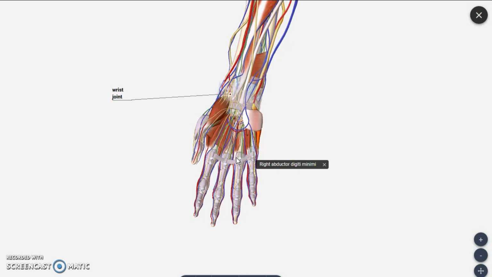So in the hand region we are going to see details about all these muscles along with some vessel arches such as superficial palmar arch and deep palmar arch, and the nerves supplying the whole of the upper limb together. So all these things you have to remember, and this is all about the orientation of upper limb, how it is present in our body.